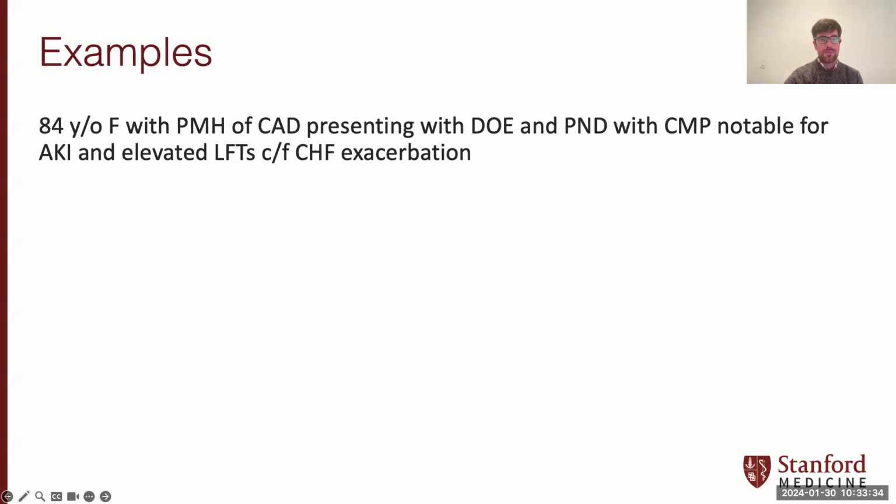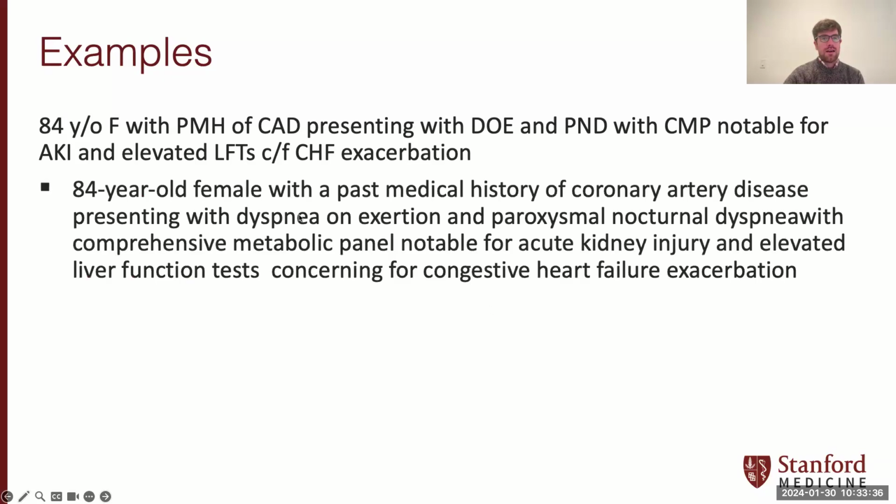So what we're looking at here is an 84-year-old female, past medical history of coronary artery disease, presenting with dyspnea on exertion and paroxysmal nocturnal dyspnea with a comprehensive metabolic panel, so that thing that looks at kidney function and liver function, showing that the patient has an acute kidney injury, suggesting that enough blood is not flowing to the kidneys. And then also elevated liver function tests, suggesting that because there's so much congestion, blood is actually going backwards and affecting the liver, concerning for a congestive heart failure